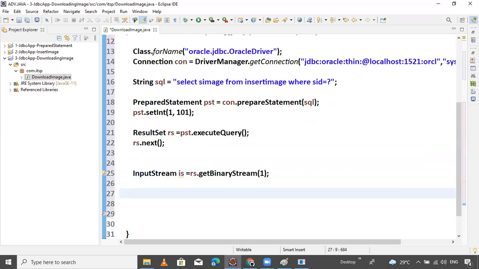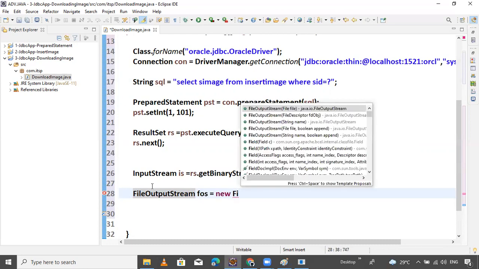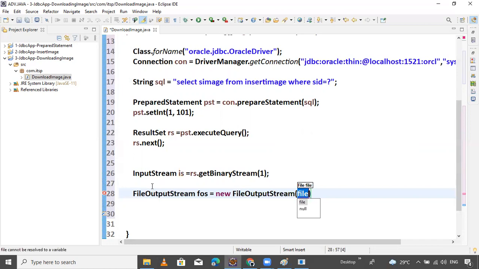Okay. Now next, I want to store this binary data inside a file. So I want to open a FileOutputStream, FOS equals new FileOutputStream. Pass the file name where you want to store the file.